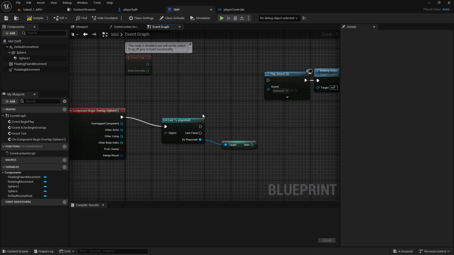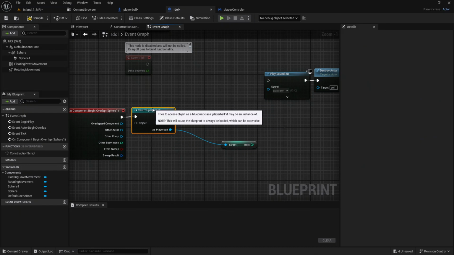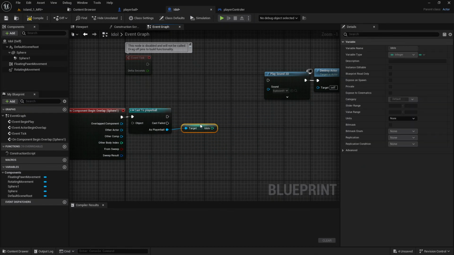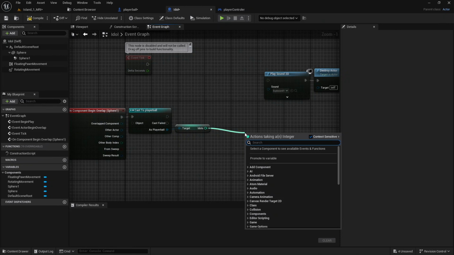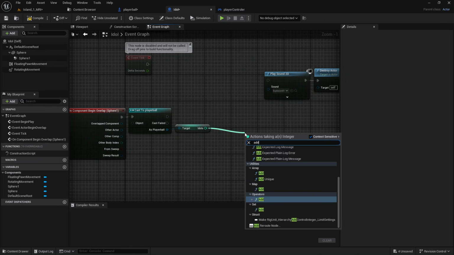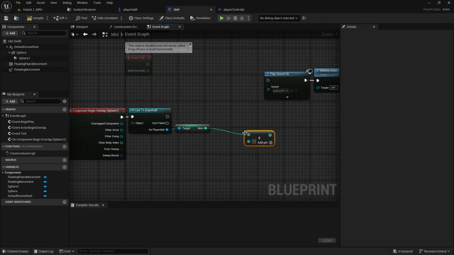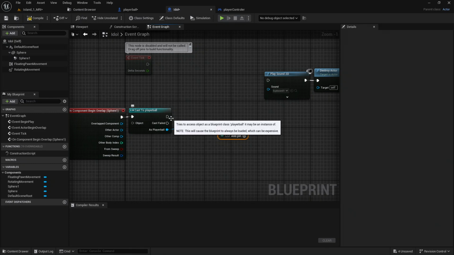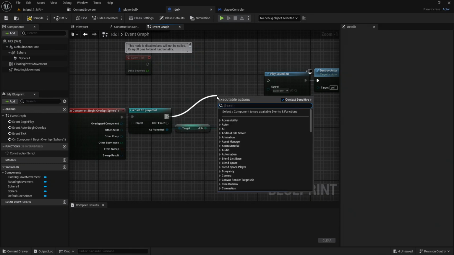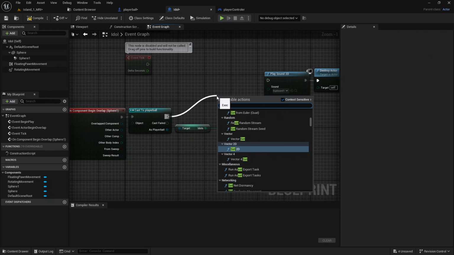Okay, now what I want to do with the number is that every time we hit a coin, we want to add 1 unit to it and then set it again. So here I'm gonna drag a wire and type add, and here add the value I want, which in our case is 1. Then I want to set the variable again, so I'm gonna drag a wire and this time type set how many coins and then give it the new value. For the targeting the set function,